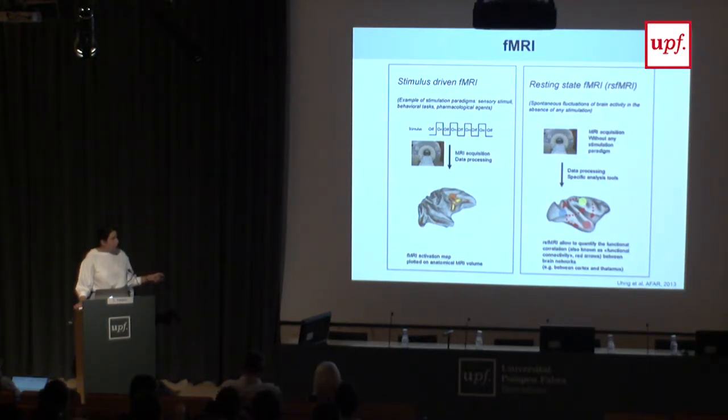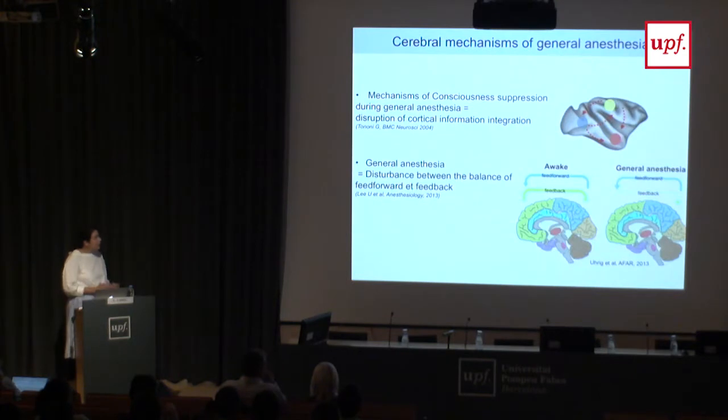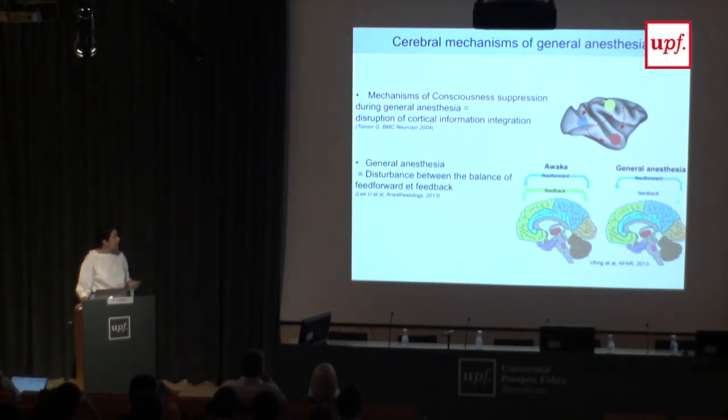So often you do the parcellation of your brain, and you want to know how a region, for example the yellow one, is interacting with the blue regions, and how the spontaneous fluctuations of the brain behave in these different regions. So the mechanism classically described for general anesthesia is that during anesthesia you have a disruption of cortical information